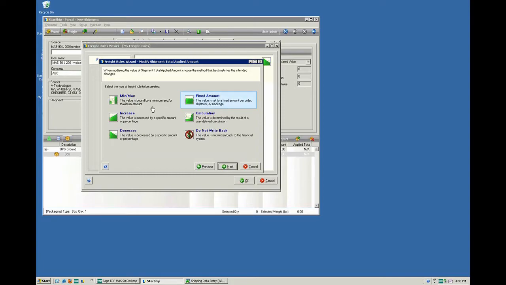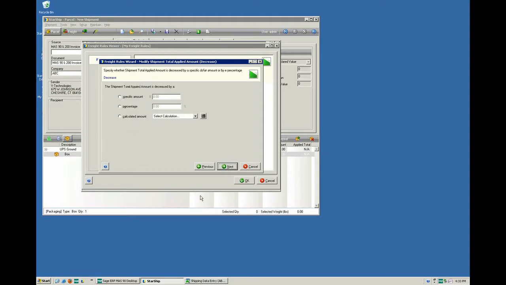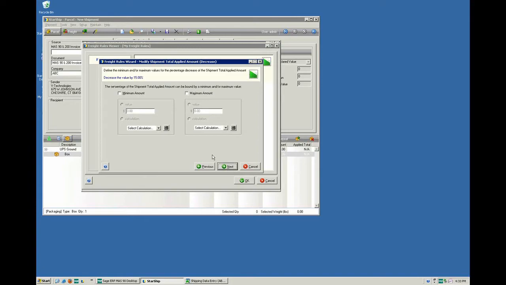And here you just have a really nice, easy start to the wizard of defining how you want the rule to be created. So do you want it to be an increase, a decrease, or a fixed amount? I'm going to select decrease here and click next to get to my next page. And in this case, let's just say I want to have a 15% decrease on the list rate. You can define a minimum and maximum. I'm just going to leave that